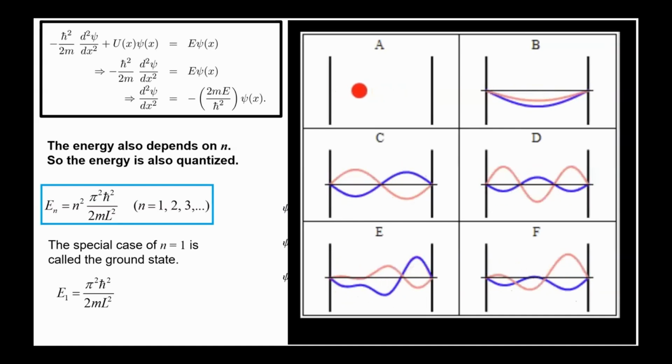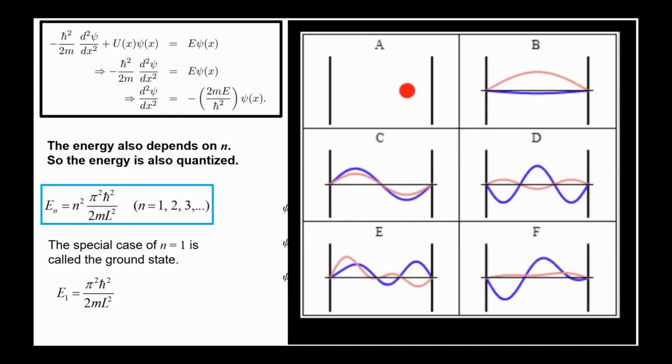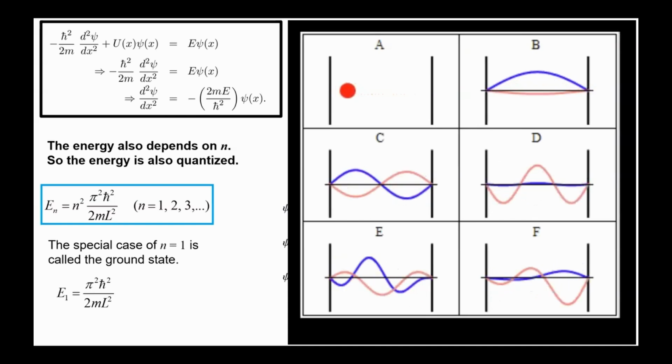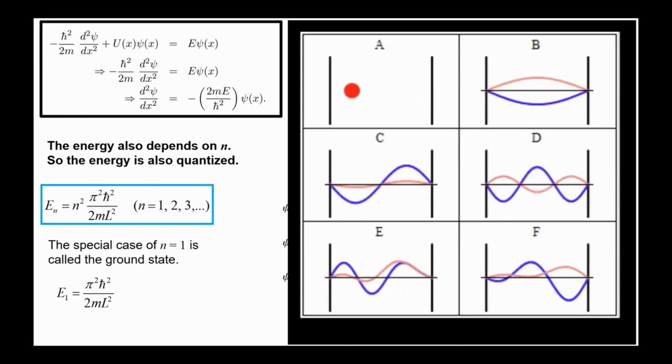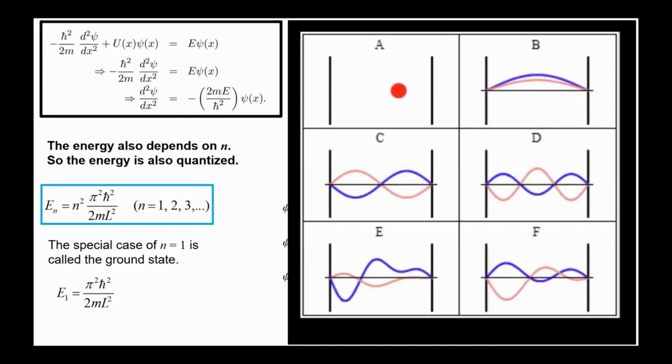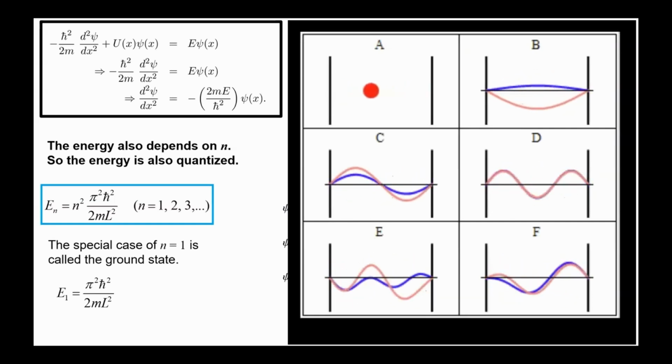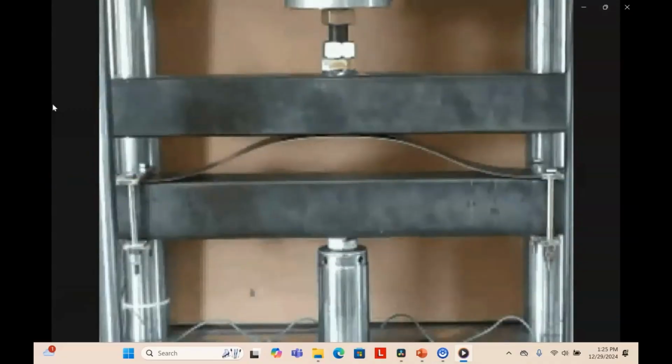These wave patterns also evolve over time, just as water waves or any other waves change and move. An electron can exist in a single standing wave pattern or in a linear combination of multiple patterns, embodying the richness of quantum behavior. And now let's move on to the experiment.